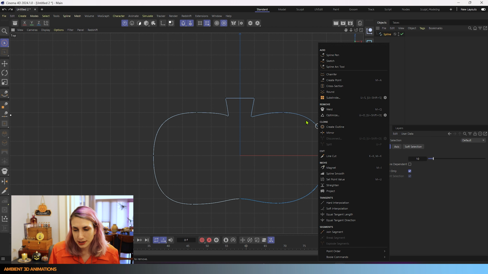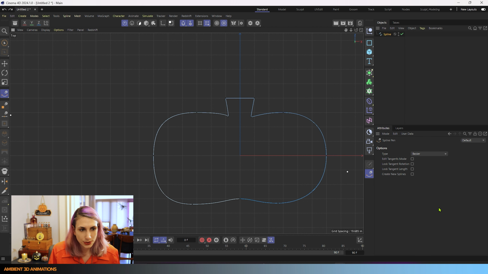We have other options here. I need to go back into our spline pen and right click on here. We have other options such as delete edge. If you delete this edge, I'll show you what it does. It just deletes it. I'll hit undo, Command Z or Control Z, depending on if you're working on a Mac or a PC. You can have this be a hard edge or a soft edge.